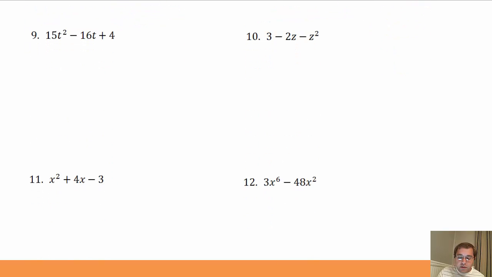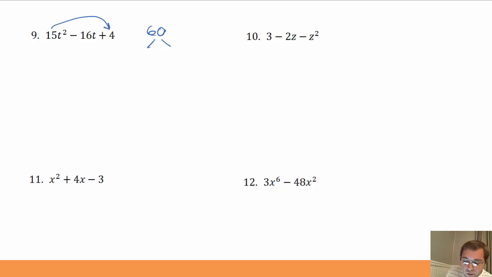Number 9. 15t squared minus 16t plus 4. And for greatest common factor, it's a 1. So I factor it as a quadratic trinomial. This time there's a number in front of the squared term. My leading coefficient is something other than 1. So the way I deal with that is I take that and I multiply it by 4. So 15 times 4 is 60. And I'm going to find factors of 60 that will add together to give me the middle number, the negative